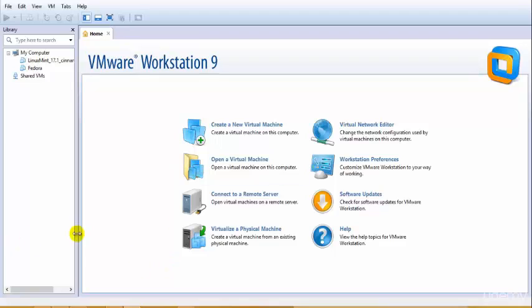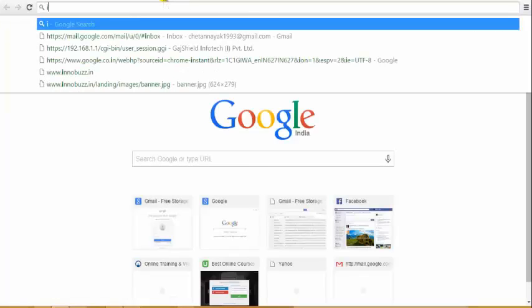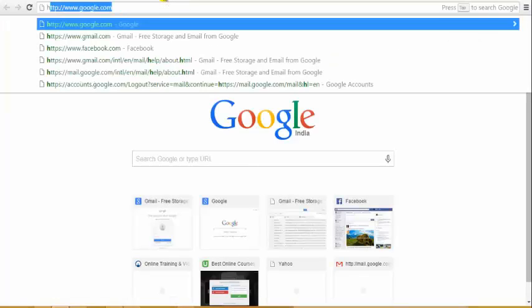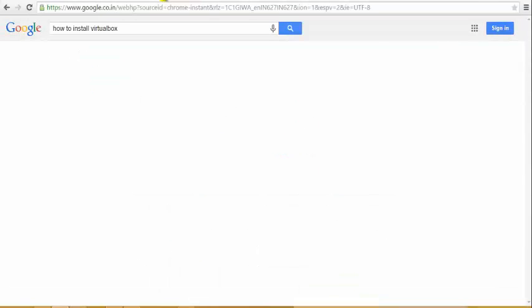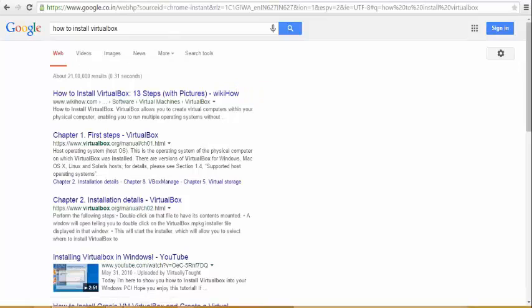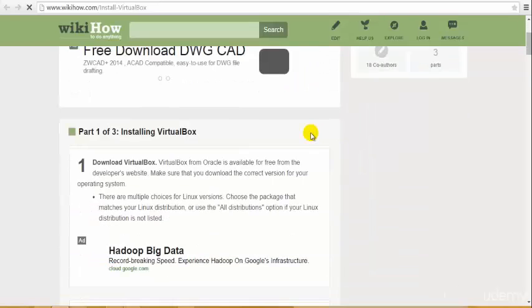If you are using, let's say, VirtualBox, then I won't be able to help you, but there is quite a suitable topic that can show you how to install it: How to install VirtualBox. Perfect. You can see over here there are images, and just to be precise, if you don't know how to install VirtualBox,